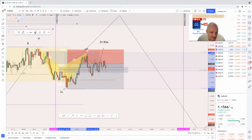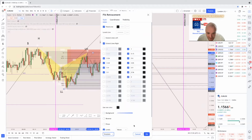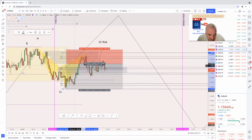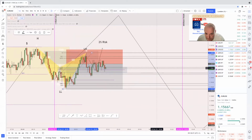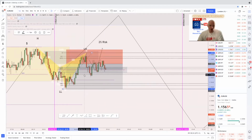And if I was to change that, let's see, into our fire zones, we can see we're on the center part most certainly. These areas here, if you go to the left of here, you will see that these hold so much validity and strength on why price returns to these areas. You can see here how it's bouncing between those at the moment. Price doesn't know what it wants to do, but the longer this goes on within this total range,